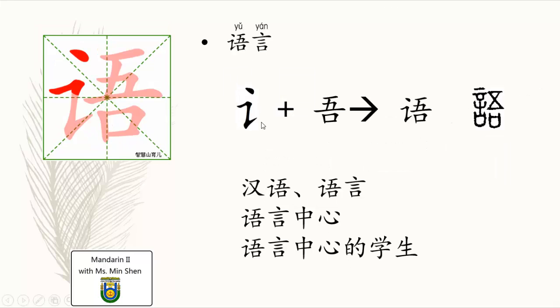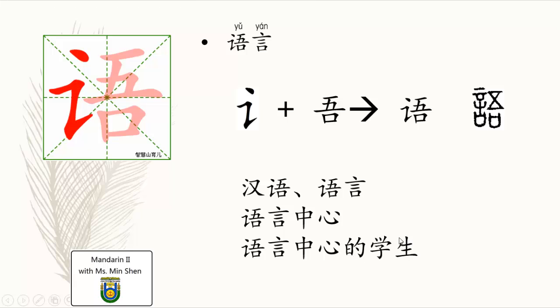And we look at this form from the character 言 together with this right hand side present pronunciation and put them together, there is one thing about language, and when we mention it, it sounds like the right hand side, so that is 语言的语 and 你应该可以念这些汉字 You should be able to read these characters 汉语 Chinese language 语言 language in general 语言中心的